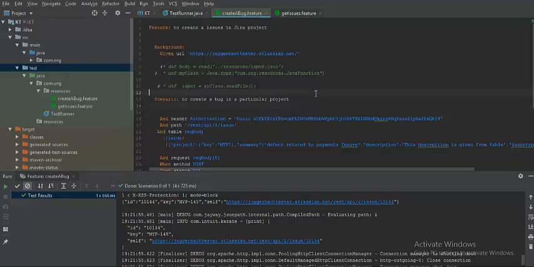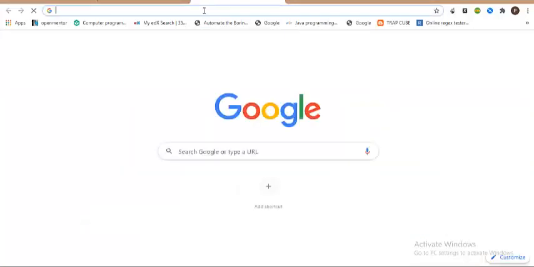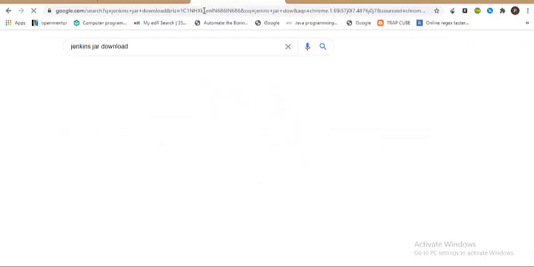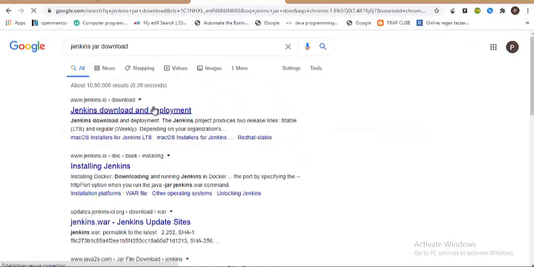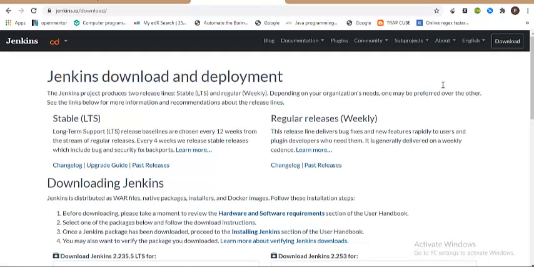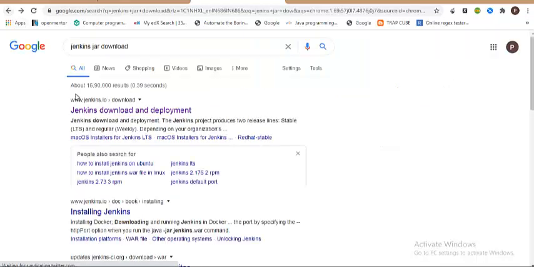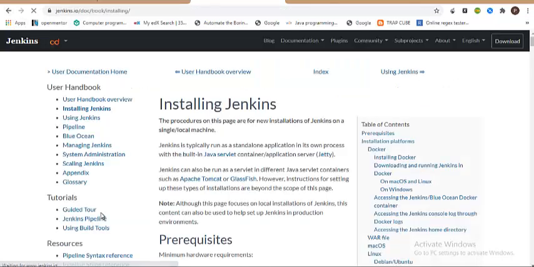Now I want to integrate with Jenkins. In order to do that, initially I should have the Jenkins server, the Jenkins file, downloaded on my local system. If you just search the internet for Jenkins download, you can download it and install it. It should not take much time, guys. You just follow the documentation. There are a lot of blogs and a lot of community members who can assist you in configuring this, so there shouldn't be any problem.